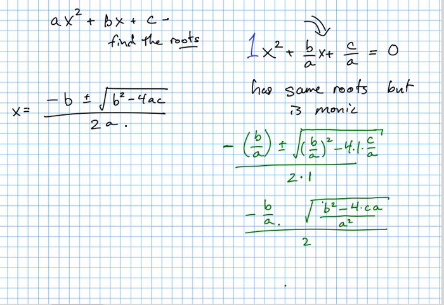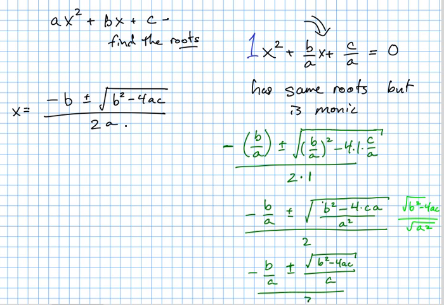Now I think you can see that this square root becomes b squared minus 4ac all over square root of a squared, and you finally are looking at minus b over a plus or minus square root of b squared minus 4ac all over a